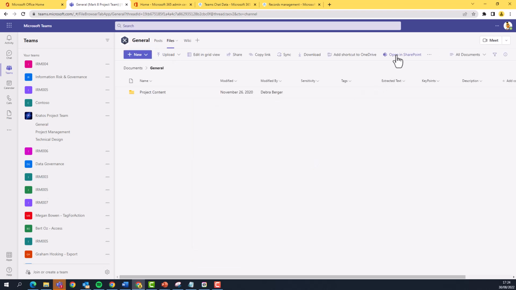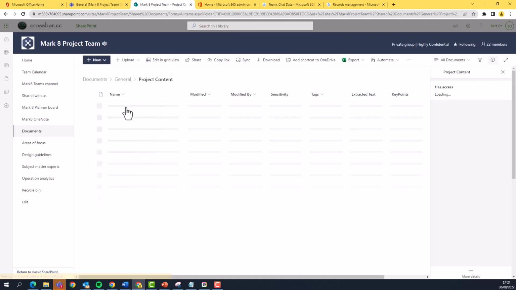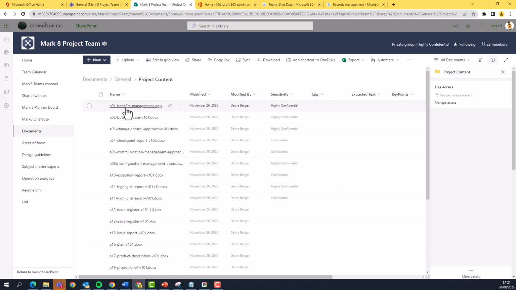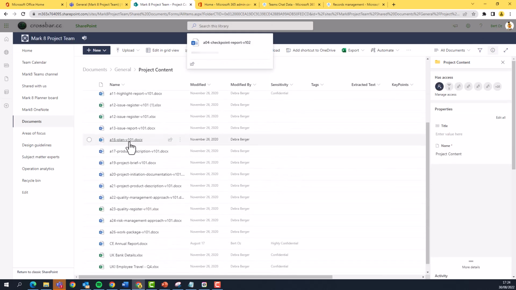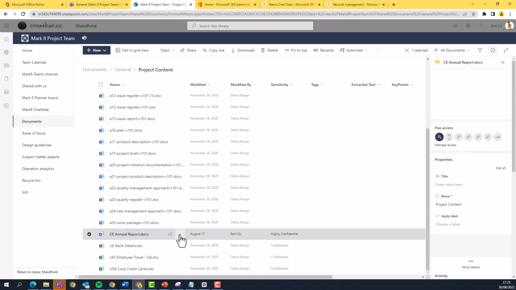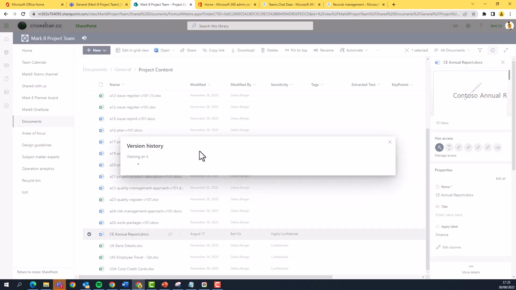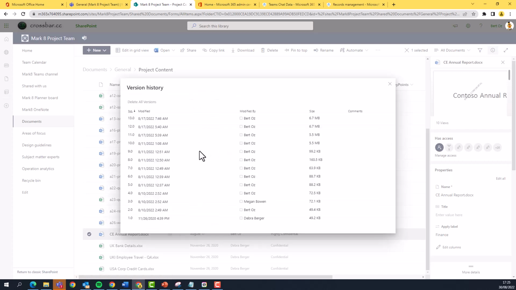And if we view in SharePoint, we just switch across to SharePoint for a second, and we go into the same folder. And we find our file, which is the C annual report. And then we click on this ellipsis here to be able to bring the version history up. This is where we can see all of the iterations of this file that's been changed. So all the way from version 1 all the way to version 13, which is the latest, and everything in